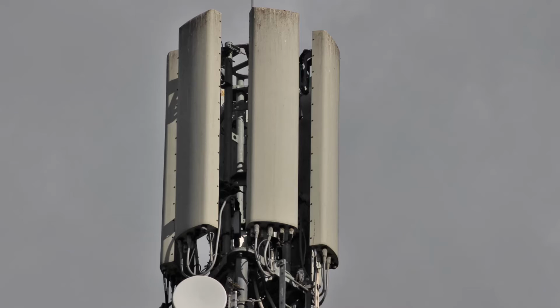So now the final mast that we're going to look at is the 6-sector 3G, 3-sector 2G, 4G mast. Now this mast has 6 panels all pointing in slightly different directions, which is the really big giveaway that this is a 6-sector mast. If we look slightly further down on the mast, there are 3 MHAs with red tags,